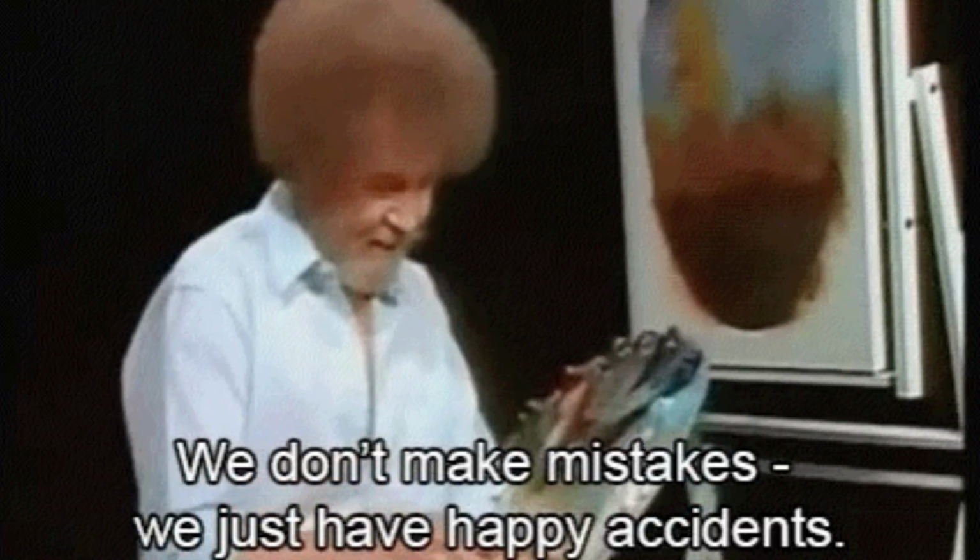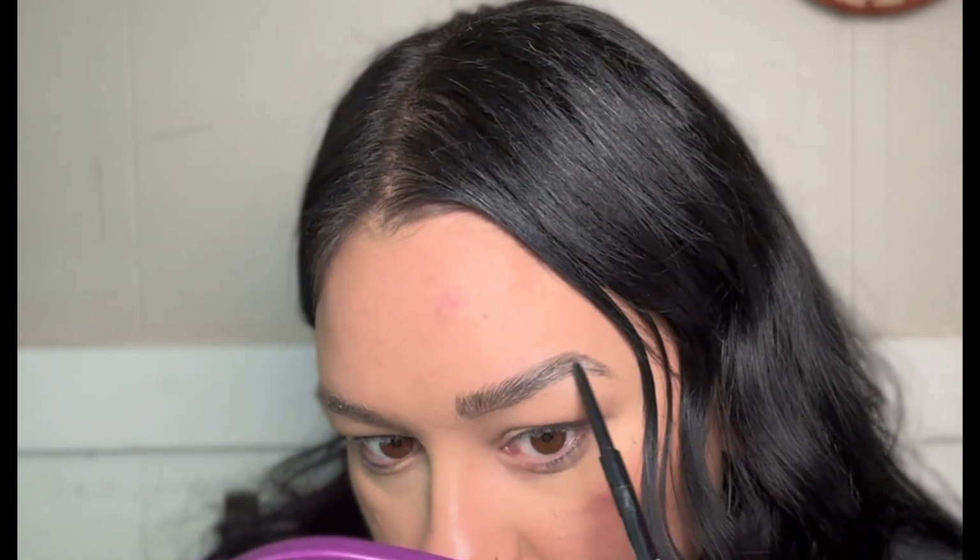I got a little dot right there and I pushed it up and I smeared it. So that's fine. That's perfect. I'll show you how to get rid of it. All right, so now that I have, for the most part, most of my brow filled in here,